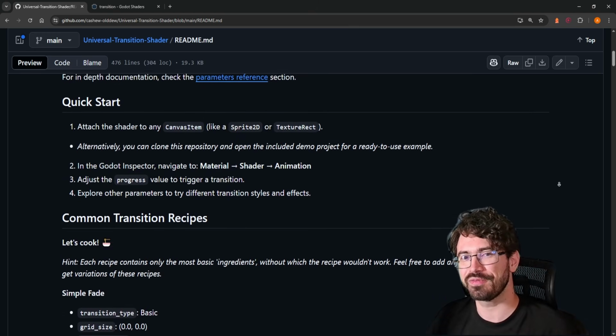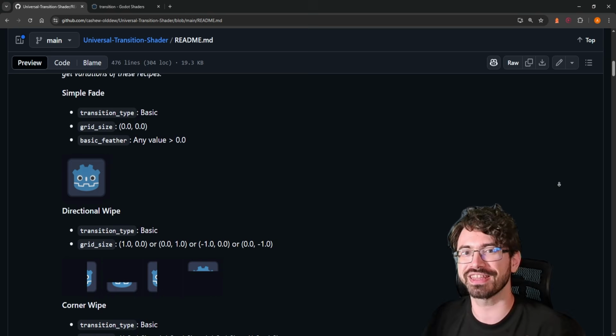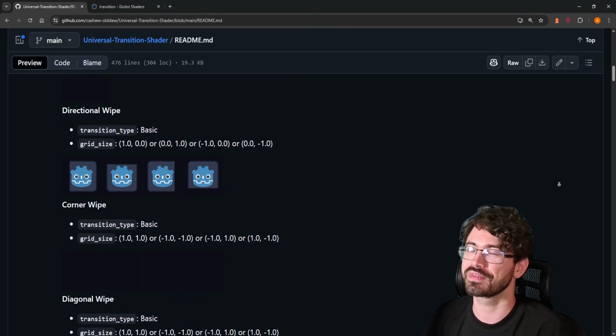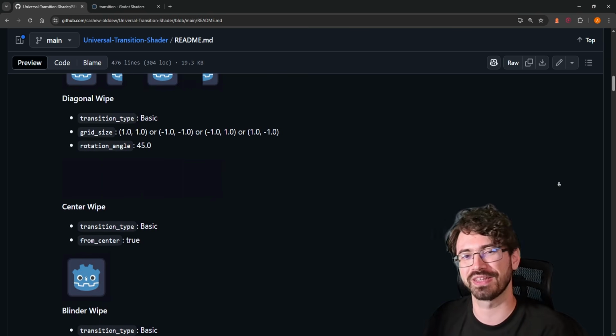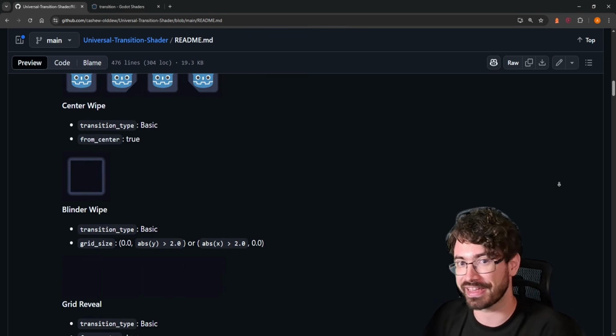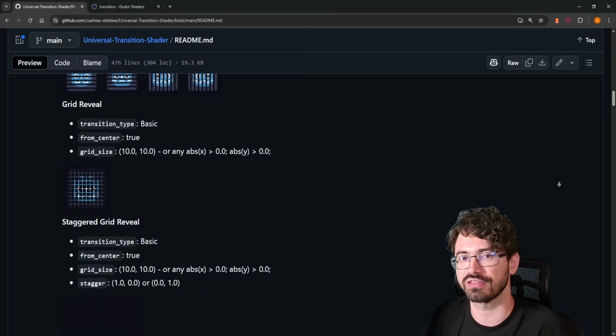Hello everyone! Over the last month I've been working on a universal transition shader, which you can actually start using right now. Now, the reason for which I created this shader is because whenever I wanted to add a transition to my game, what I would do would be to just go to Godot shaders and try to find some